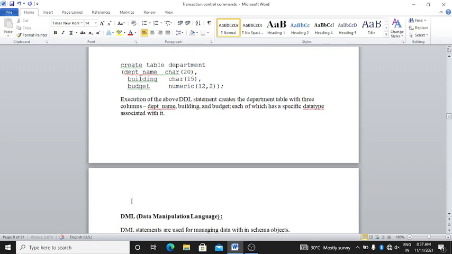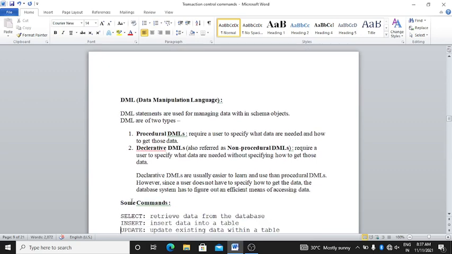Now we will move further towards DML, data manipulation language. Data manipulation language statements are used for managing data within a schema object. Data manipulation language is of two types.